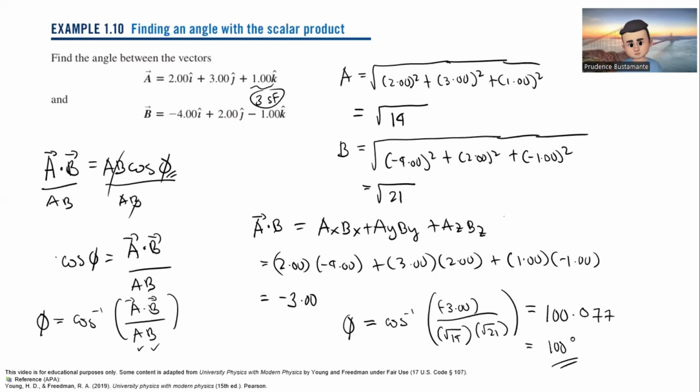So those are the problems involving the scalar product of two vectors. We have two vectors and we multiply the two vectors. What are the possible applications for this kind of theory? Say for example, A is a force and B is a displacement. If we multiply the force and displacement, what would be the resulting product? What kind of quantity is that? So now we go to the concept of work. This is the application of the scalar product of two vectors.